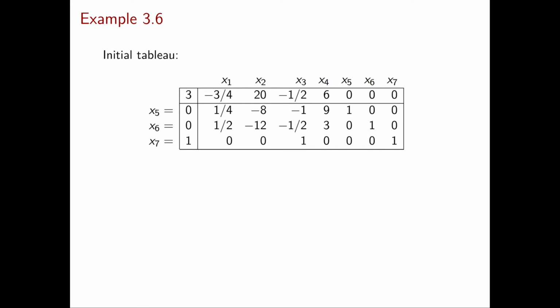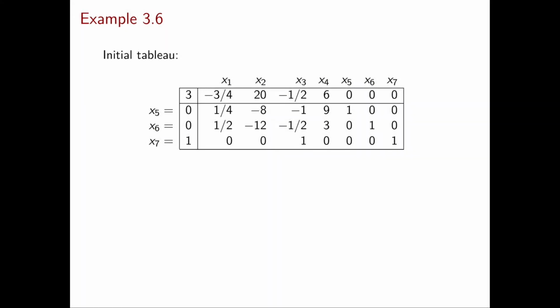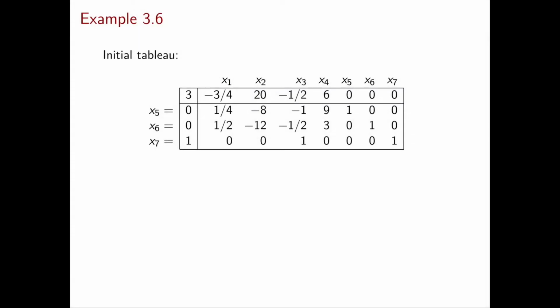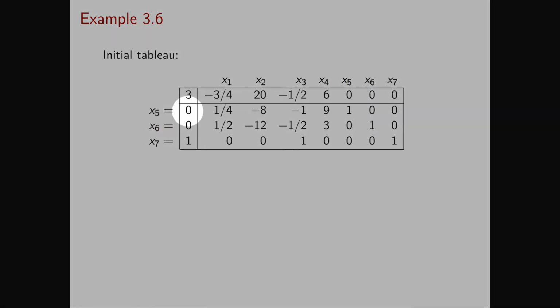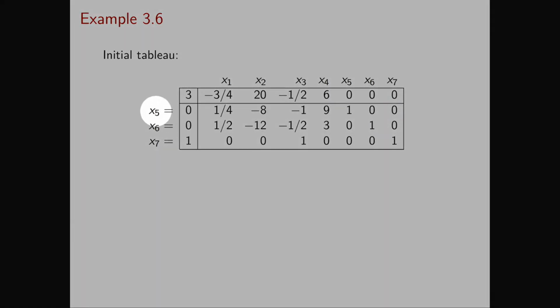Once again, this is the tableau that we have just seen and it is our initial tableau. As you can see, the basic variables are x5, x6 and x7, and the cost of the corresponding basic feasible solution is -3. In this tableau, I have two negative reduced costs, -3/4 and -1/2. The most negative is -3/4, so x1 enters the basis. I compute the two ratios 0 divided by 1/4 and 0 divided by 1/2. The smallest among the two is of course 0, so we have a tie, and the tie is resolved by picking the smallest subscript, so I will have x5 leave the basis.